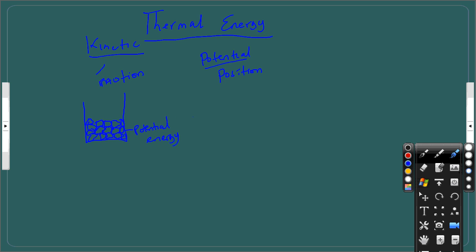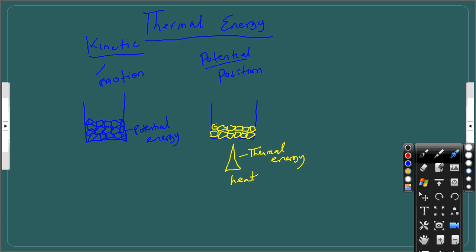And then you can try to make the particles move faster, and we can make the particles move faster by adding heat energy. Let's say you have the particles this way, and after some time you decide to add heat energy, and the particles will start to move faster because of the heat energy you're transferring, maybe by using a boiler or a heater to create heat. Now we're going to say the thermal energy in the heat is transferred from the boiler to the particles, and the particles will start to vibrate faster,